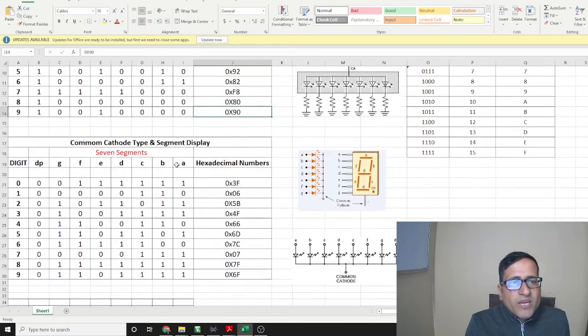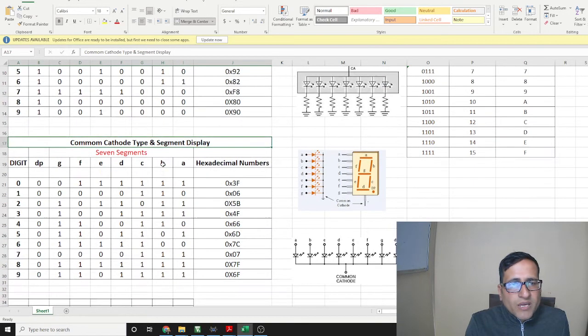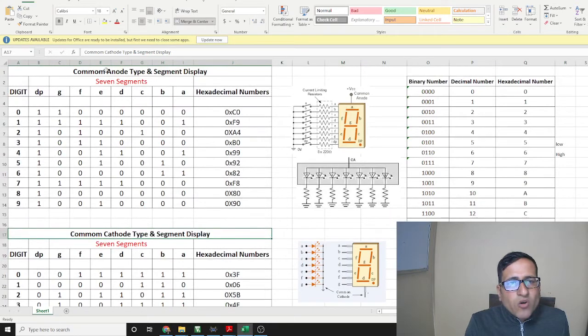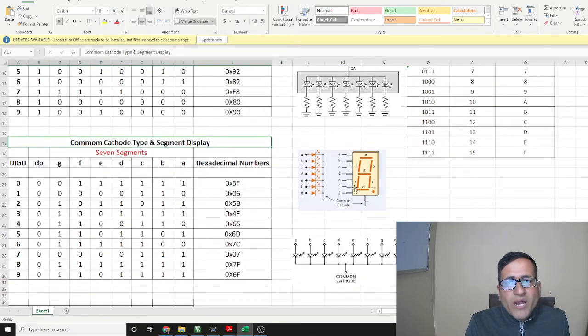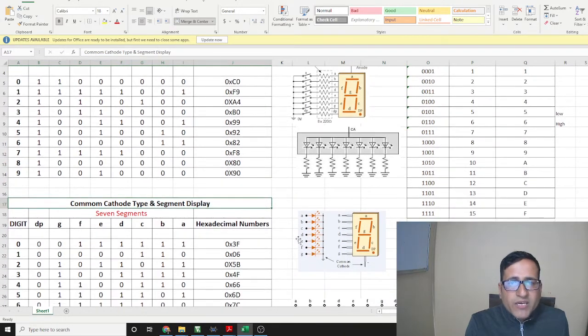Now I will explain the common cathode type of segment display. It is just the complement of the common anode type. Here we have to give the ground to the terminal, and to glow any segment we have to give the high values. In the common cathode we can see this PN junction, we take P as the anode and N as the cathode.